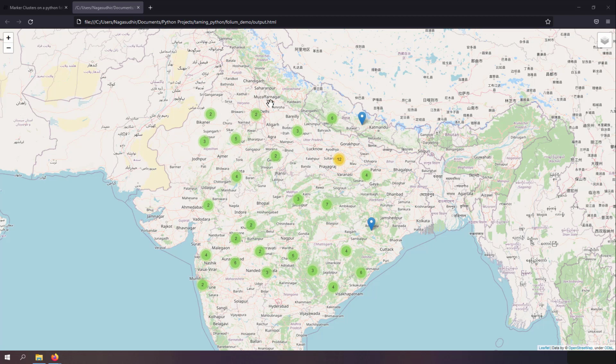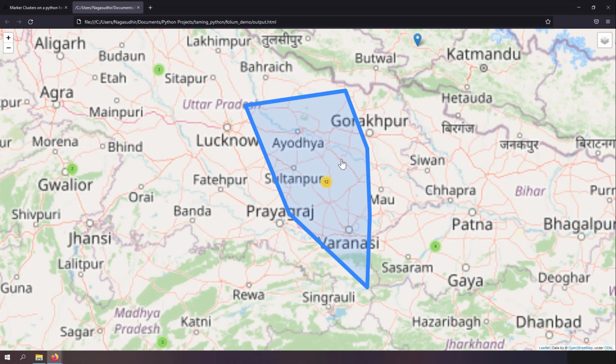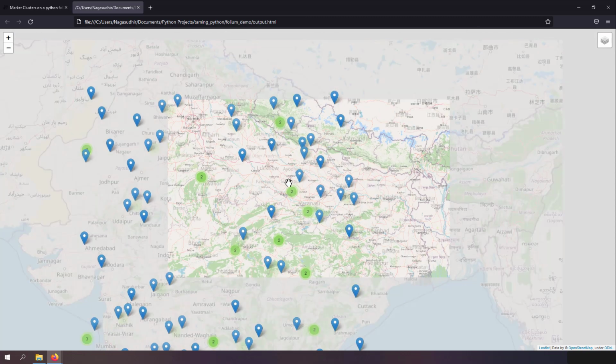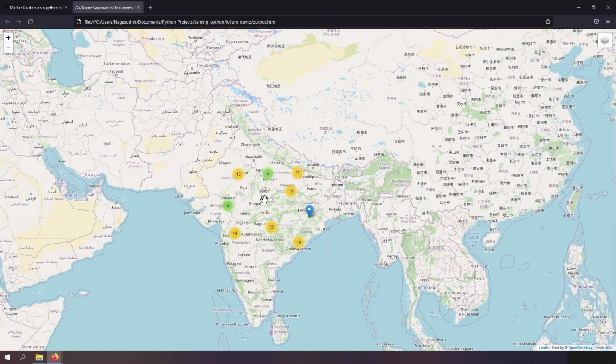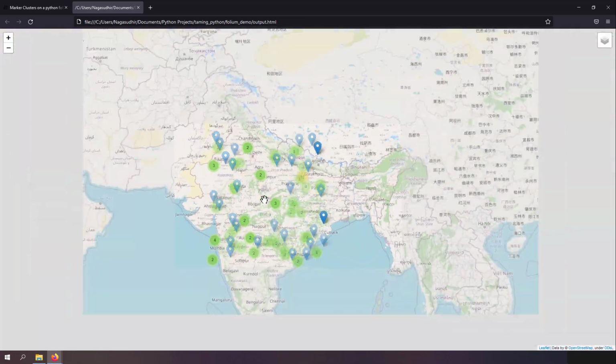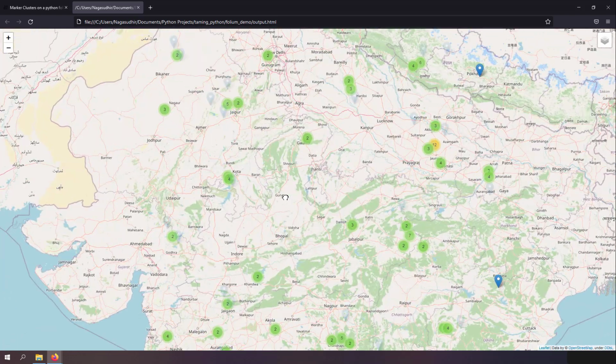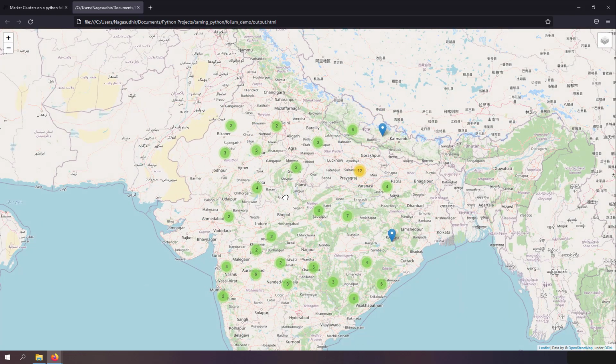So this is a Folium map in which I have created a lot of markers, and you can see the markers which are very near are being formed into a cluster. Here you can see there is a cluster of 12 markers. If I just click on this, you can see my 12 markers, and if I zoom out, automatically markers will form clusters as per the zooming level. So this whole thing is done by the marker cluster plugin of Folium map.